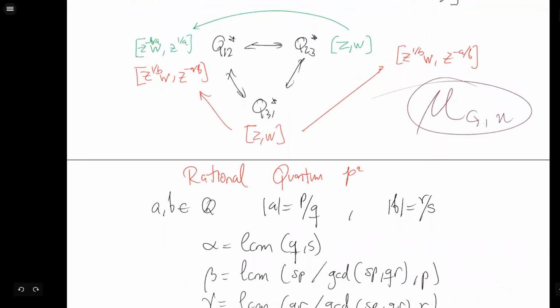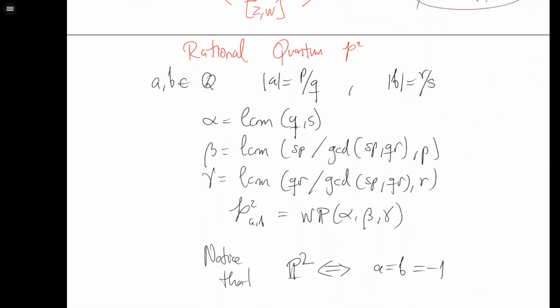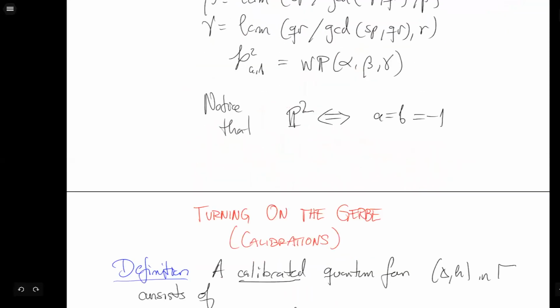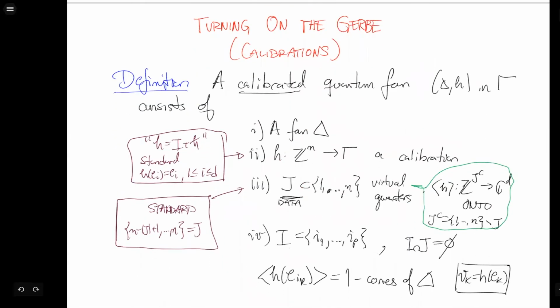So I'm running out of time. Again, when you want to study the rational case, you will get some weighted projective spaces. But the mapping to the classical weights is an extremely elaborate number theoretic mapping. And this also requires clarification and further investigation. It's an extremely interesting mapping. But let me just say before